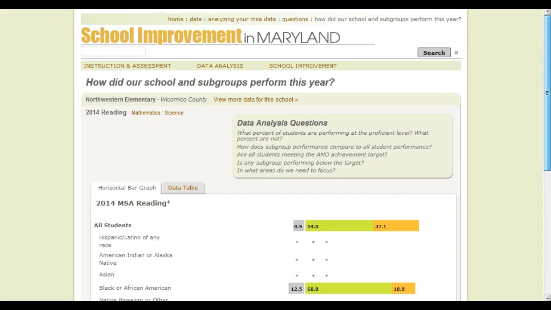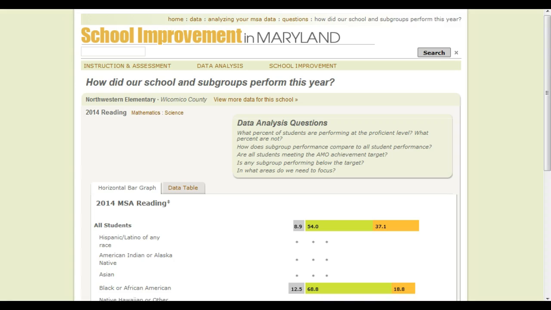So we're looking at Northwestern Elementary versus the first school we looked at. And that's what you want to do. You want to select a county. You want to select 2 schools within that county, and then you want to look at either math data, science data, reading, whatever data you want to compare. You want to look at that for both schools, and then you want to start to answer some questions and